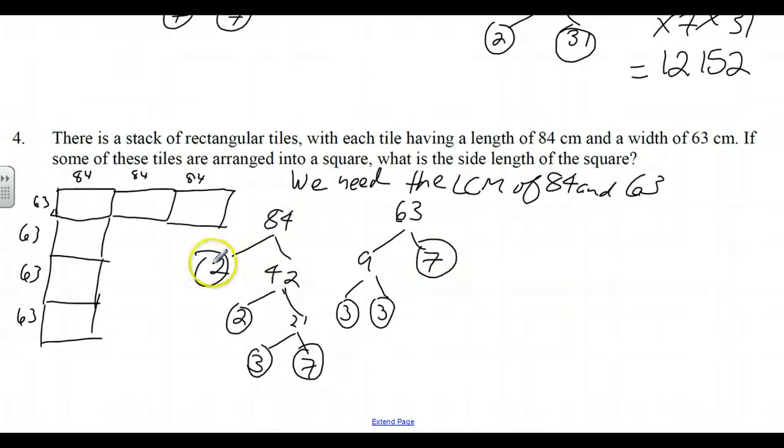So for the lowest common multiple, what do we need? We need 2 2's, 2 3's, and 1 7. So it's the greatest number of each, right? This has 2's, but this doesn't, so we need 2 2's. They both have 3's. We need the largest number of them, so it's times 3 times 3. And they both have 7's, and the largest number of 7's is 1. So we get 2 times 2 is 4, times 3 is 12, times 3 is 36, times 7 is 210,